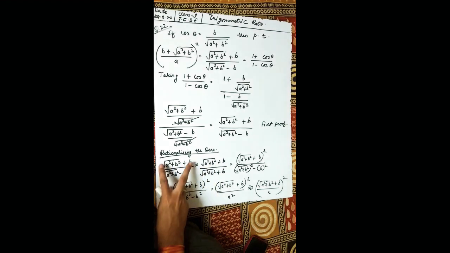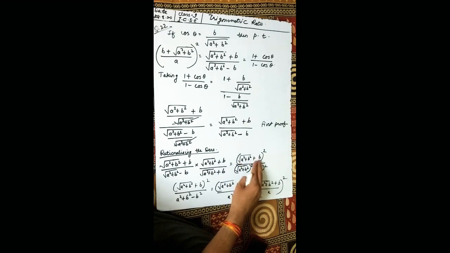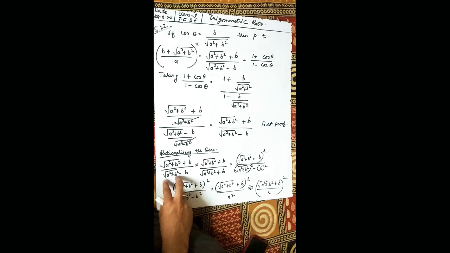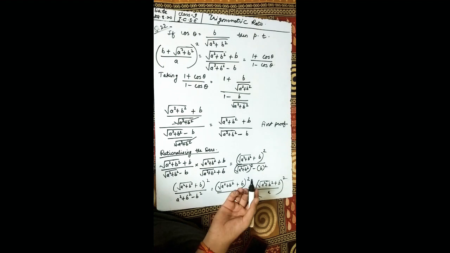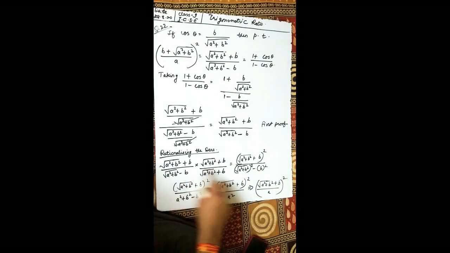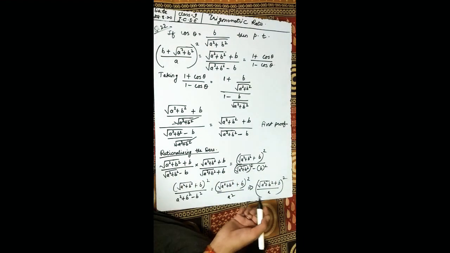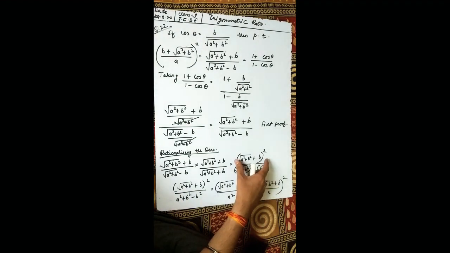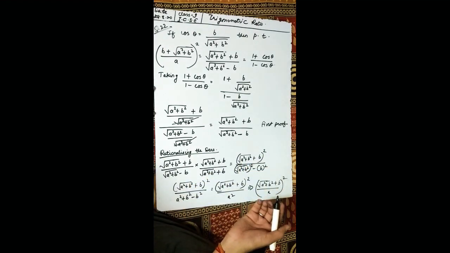Now as you see that these two brackets are the same, so we can write under root of a square plus b square plus b the whole square, as these two are the same. But in the denominator you have a minus b into a plus b, wherein we can apply the a square minus b square identity. So under root of a square plus b square the whole square minus b the whole square. Now this square with this root will be cancelled, and we'll get a square plus b square minus b square. Don't open the bracket here. Okay, I'll tell you why we will not open the bracket.